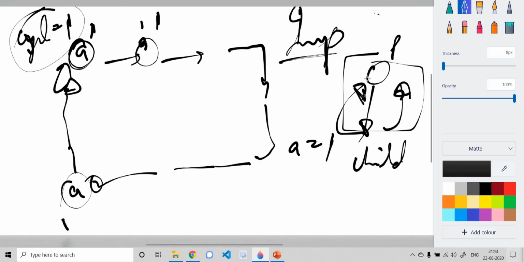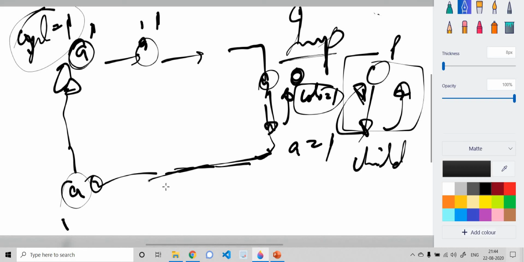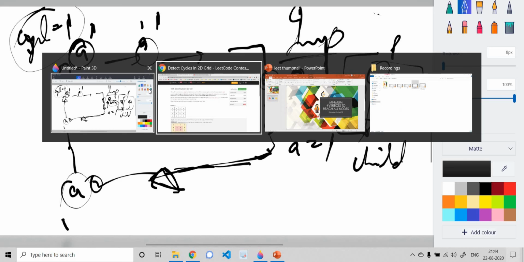That's the condition, because if we are coming from this node, then we shouldn't go there even if it is the same character and its color is equal to 1. It won't be a cycle in that case. We will keep on moving to other nodes which are not the current cell's parent in the DFS tree. Yeah, so let's see the code now.